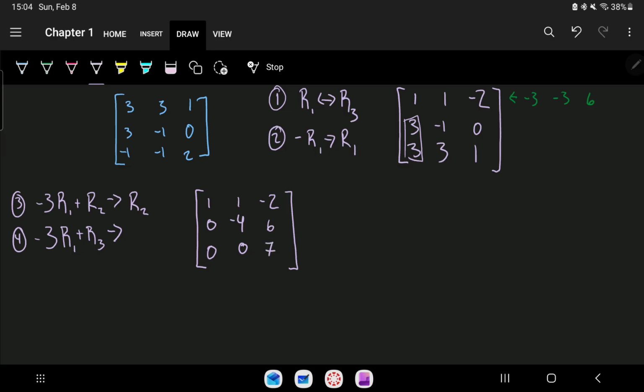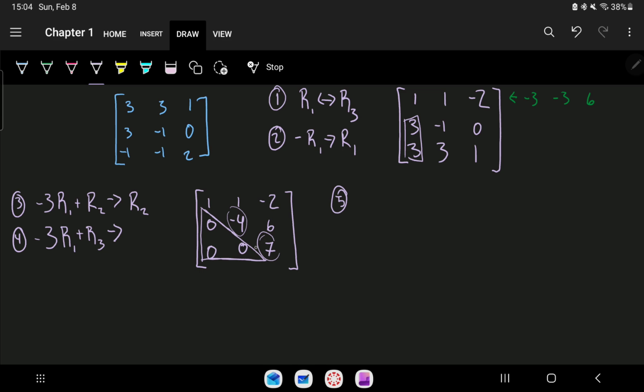Okay, so as you can see, we have already hit the triangular form, right? We have that triangular shape at the bottom that is entirely zeros, and everything above it is either 0 or non-zero. It doesn't matter as long as everything below those non-zeros is 0. So from here, what's our other requirement for reduced row echelon form? It's making sure that this and this is a 1, right? This is something that we didn't really need to deal with too much last time, but the trick to doing this is to basically introduce some rational numbers, which isn't always ideal, but sometimes needs to happen. So for the 5th step, I'm going to work,